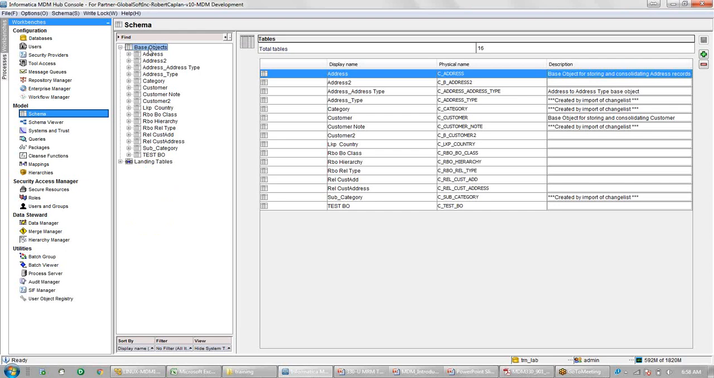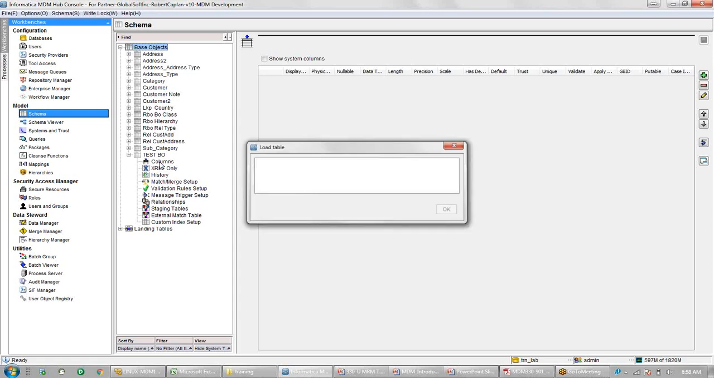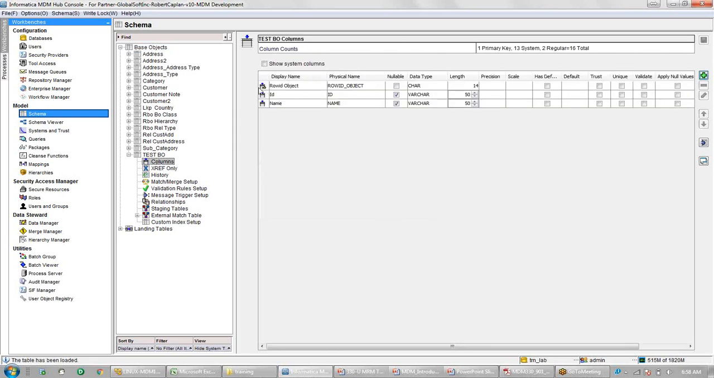So this is the place, basically the schemas. This is the MDM console. This is the place where we will go and create any base object. So if you create any base object, with this base object,